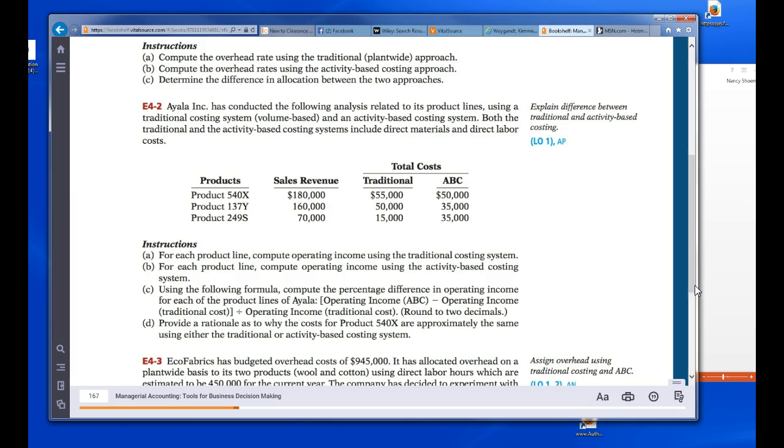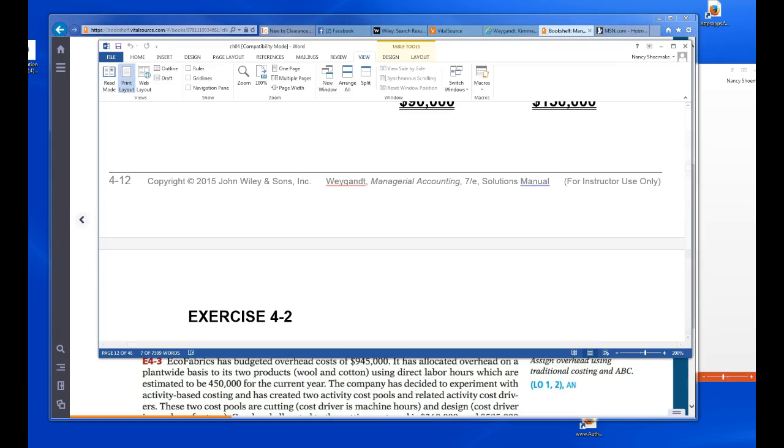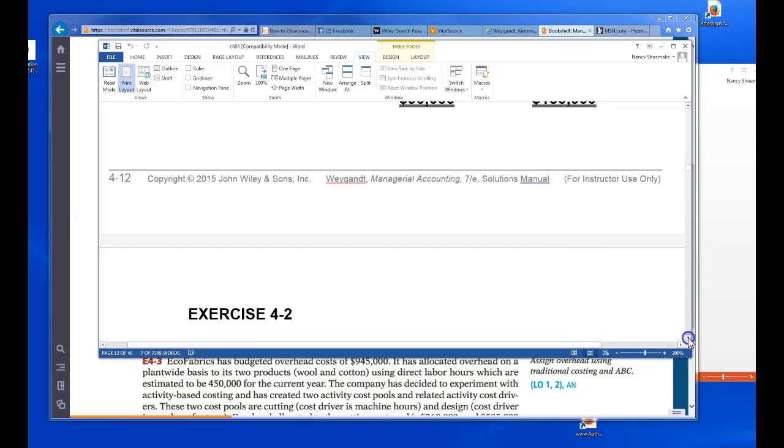So you can see that we've probably really underpriced in the sales, or the price we should have sold this product for has been very much understated. We're probably losing a lot of money on this particular product line. For each product line, compute operating income using the traditional costing system. So as we see here,